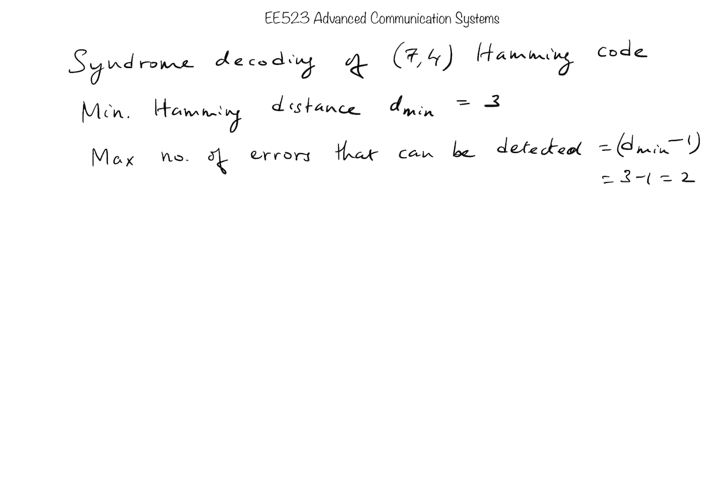If it is more than 2 errors, then there is no guarantee that the 7/4 Hamming code would be able to detect it, because a 3-bit change can result in one code word being converted to another code word. So the maximum number of errors that can be detected is 2, which is dmin minus 1, and the maximum number of errors that can be corrected